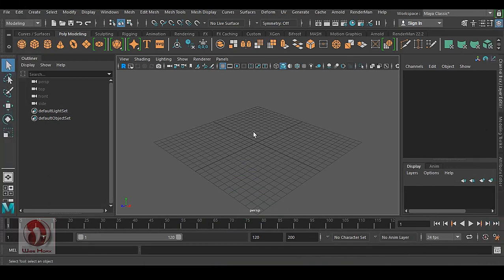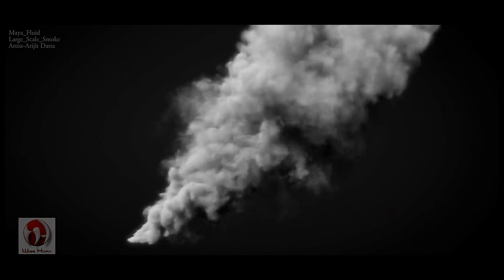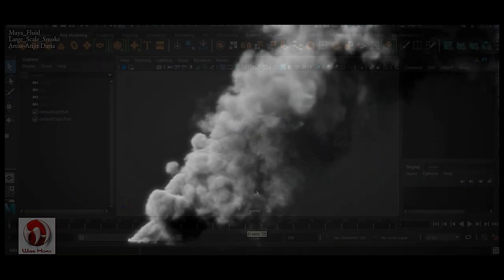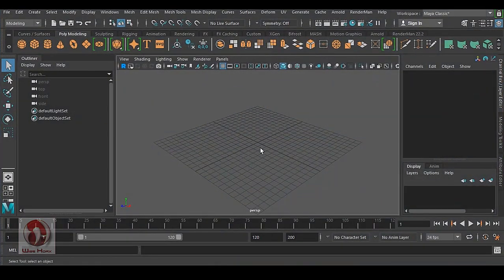Hello guys, today I'll show you some of my R&D, how you are going to make large scale smoke inside Maya fluid. So you can see here we have the final output, and this has been done in Maya fluid. To get this kind of effect, you have to go to your disk